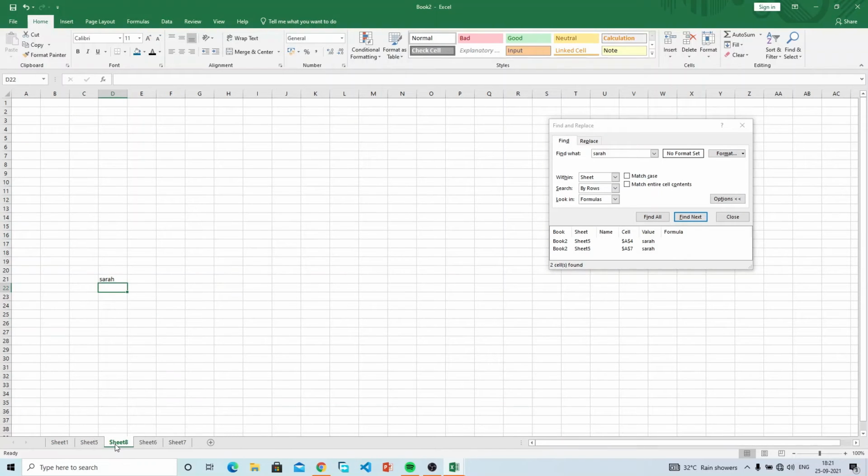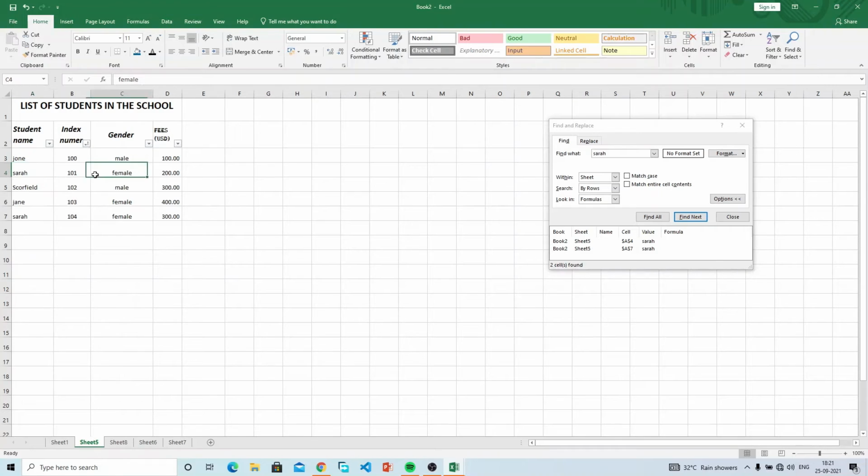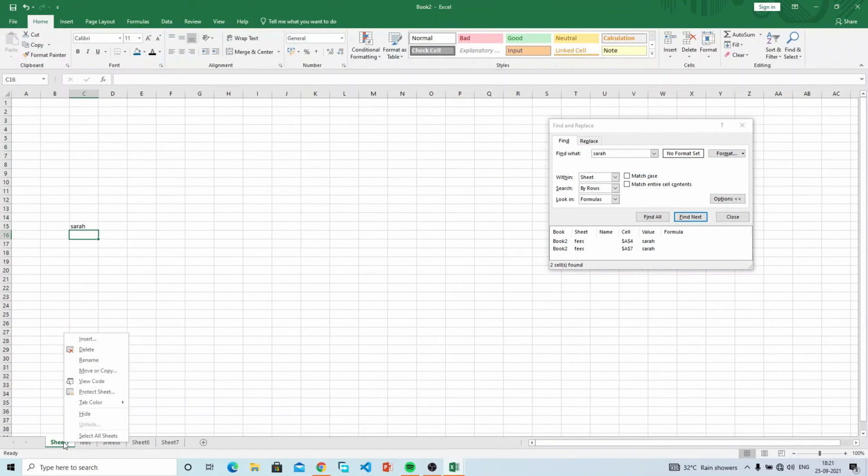Forget about the naming of the sheet. You can just add as many sheets as you want and then add those names. All right. So let's say we want to find Sarah here, but we have chunks of data. We have students' fees, this tab representing. So let's rename it to fees. Okay, to rename, you just right click and then you click on rename so that you can track them very well. So we can just rename it to fees, and then let's rename this to students list,